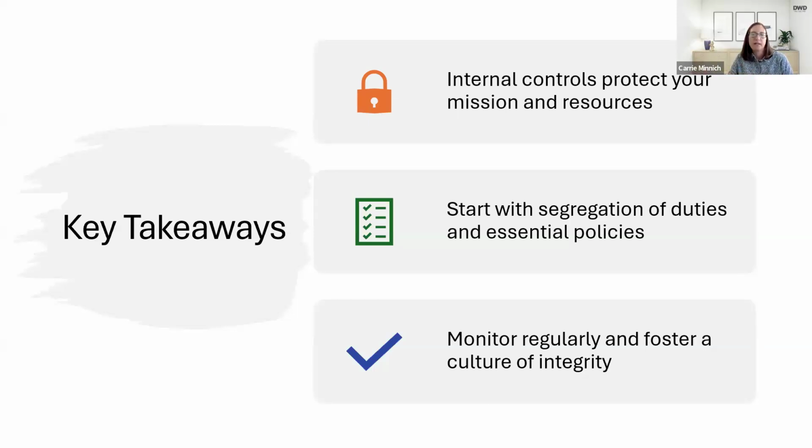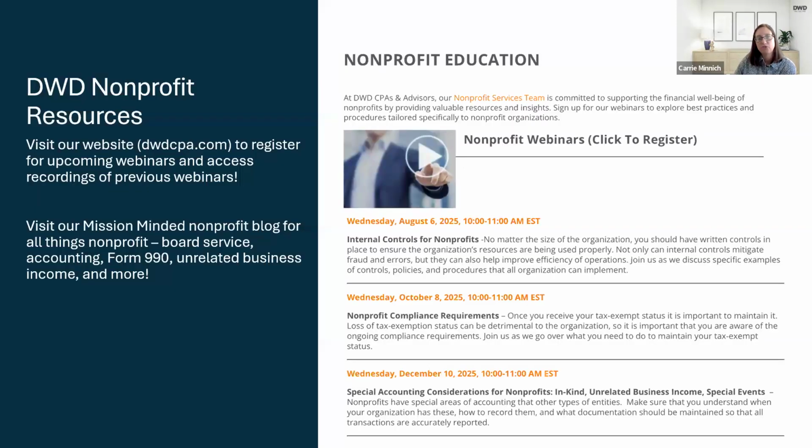And then also monitor regularly and foster a culture of integrity. Make sure that you communicate all controls to those individuals that are involved. Again, I just mentioned everyone needs to be aware of it. Your board, management, volunteers, your staff. Your organization's processes are only as good as the people doing them. If they don't understand their responsibilities and the reason for doing them, the controls won't work. You're not going to get the buy-in for them to follow it if they aren't understanding what they're supposed to be doing and why. So that is kind of our wrap up on controls.